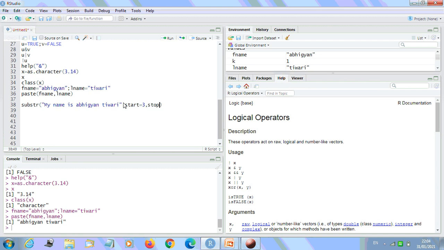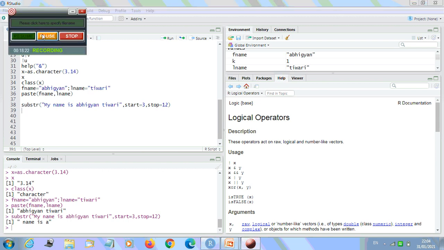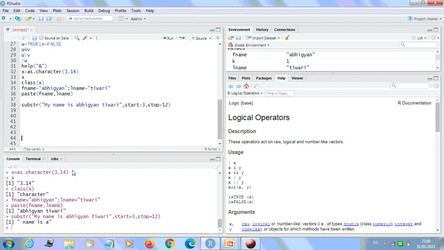Where to stop? I'll have to give the value again. So the stop is 12. Fine. So what am I going to get? Let me execute it. See, the name is a, which I have right now. So it is clearly visible here. So 1, 2, 3, 4, 5, 6, 7, 8, 9, 10, 11, 12. So we have the name given here itself.